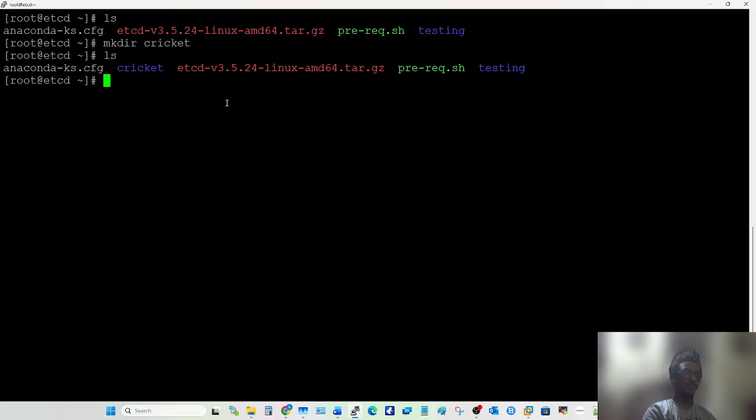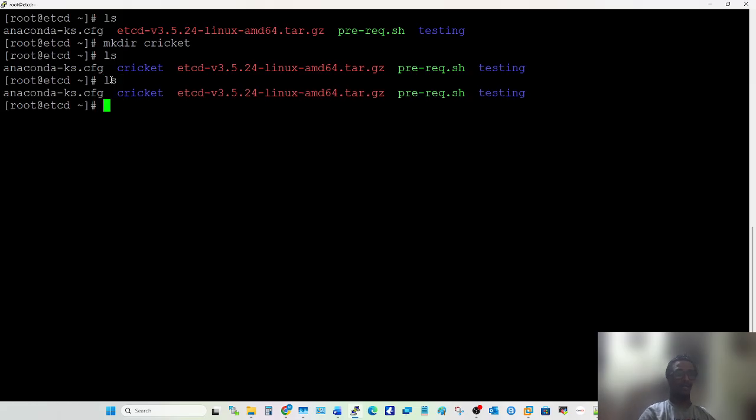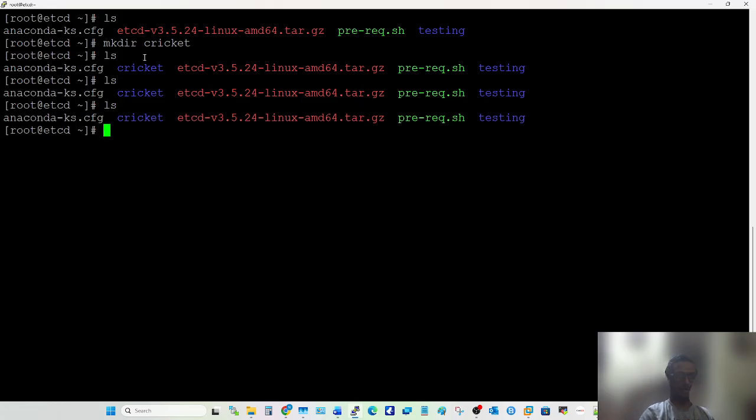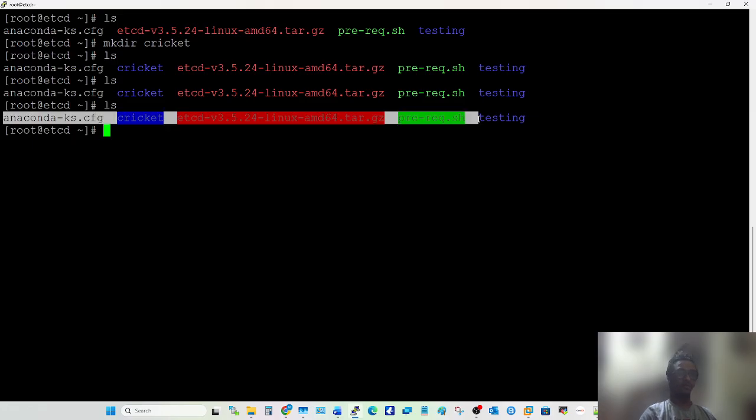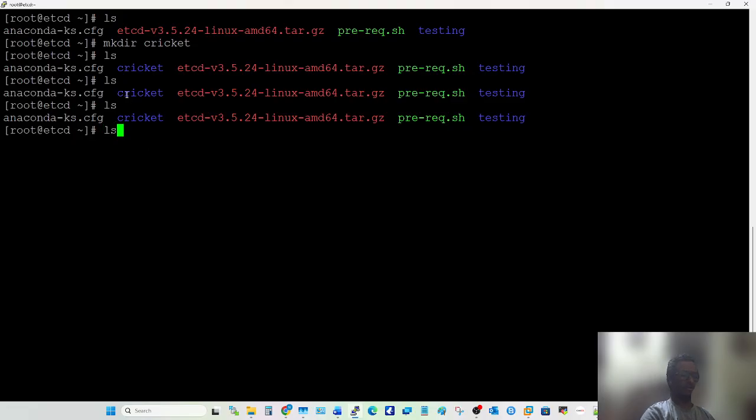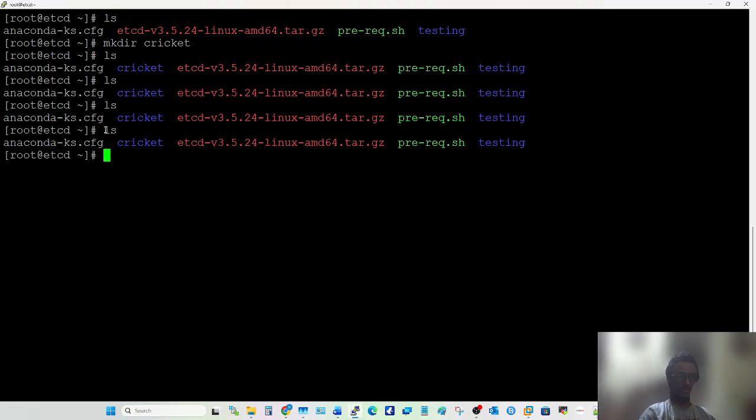When I type ls and hit enter, ls is executable because it is a command that gets executed, and only then do you get the output. If anything gets executed, you get output. So why is this command not showing in green? Actually, in the background, this command is in green.